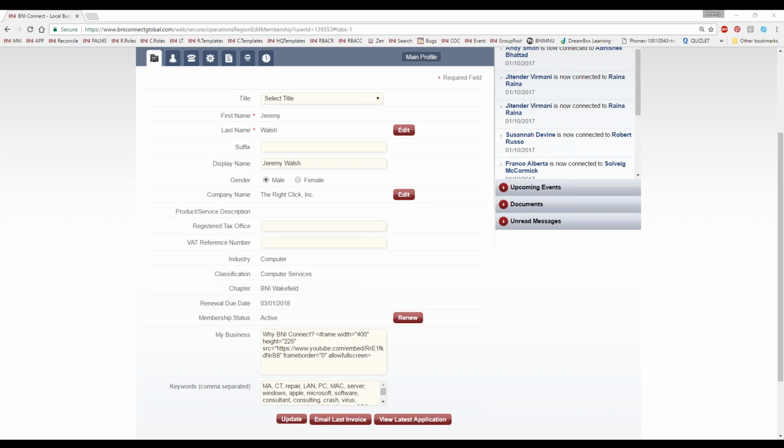Willis asks, where does the profile come from? Does it come by BNI or do we send a request? So this profile is automatically created as soon as your application is submitted to BNI. Once your application is submitted, your secretary treasurer or your regional office types your application into BNIConnect, and this default profile is created. At that time, you should also get